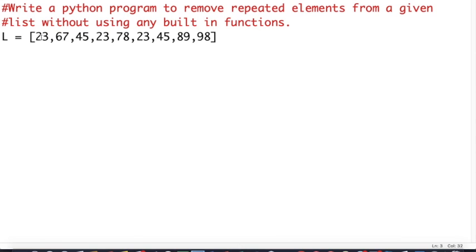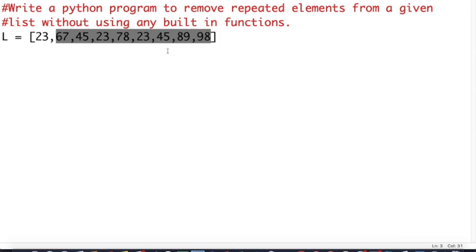Our logic will be just to take one element at a time, and then compare this element with all the existing elements. If that element does not match any of the elements in the list, then we just keep it there, right? And if it is matching the rest of the elements, that element should be removed from the list.